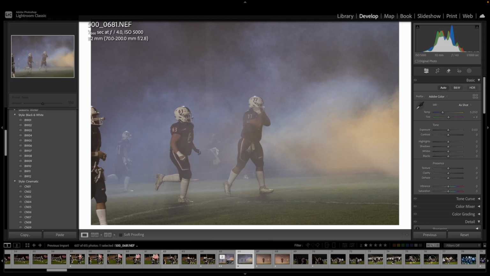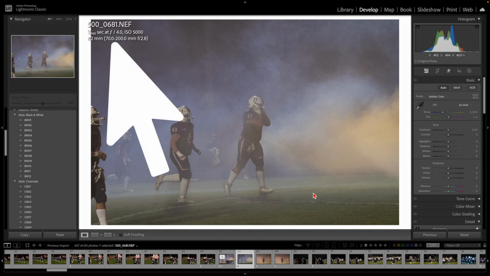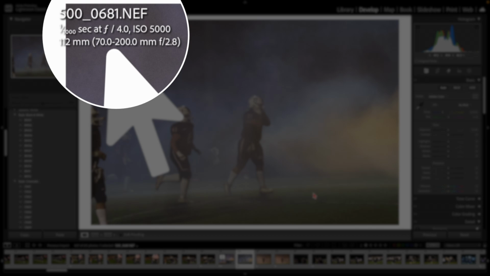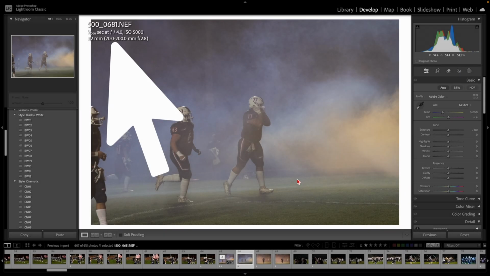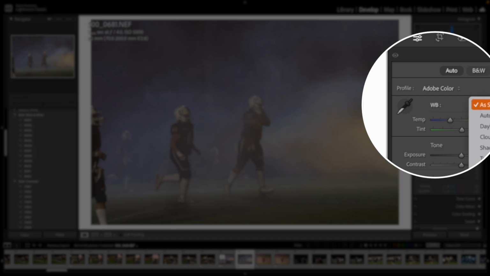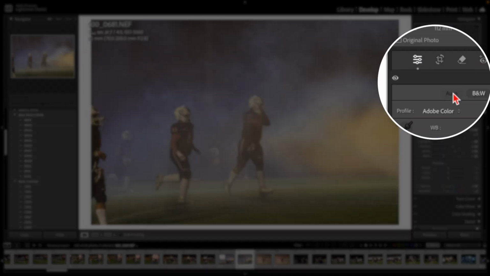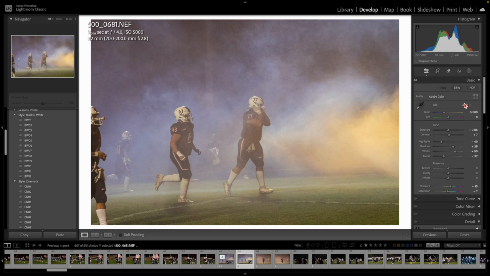Alright, so here we are jumping right into Lightroom, and this is the image that I want to use, and you can see in the upper left I shot it with the D500 at ISO 5000. Shutter speed was 1/1000th of a second, and I was at f/4. So just to get a starting point, I go over here to the white balance. I'm just going to do auto white balance, and I'm going to do auto exposure up here in the top left,